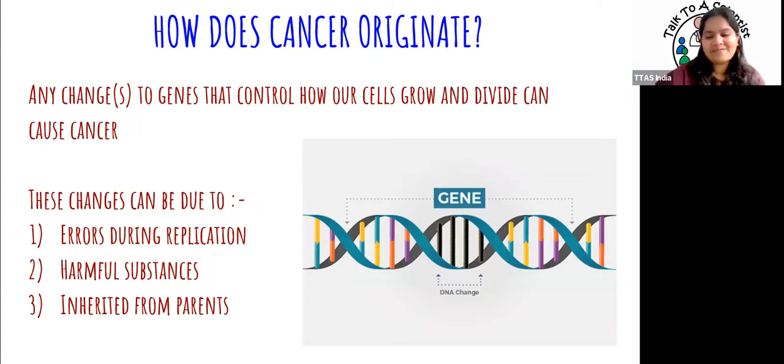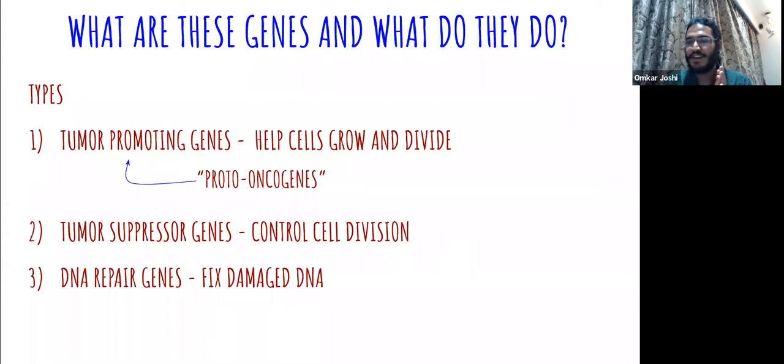All right. So now, I've been talking a lot about genes and damages. Here we move on to what I call the second module. Some genes can cause and some genes prevent cancer. The question is, what do these genes do? Why are they even causing cancer? There are a lot of these genes, but they fall into basically three categories, and the names are fairly self-explanatory. First category, tumor promoting genes. Second category, tumor suppressor genes. And third category, DNA repair.